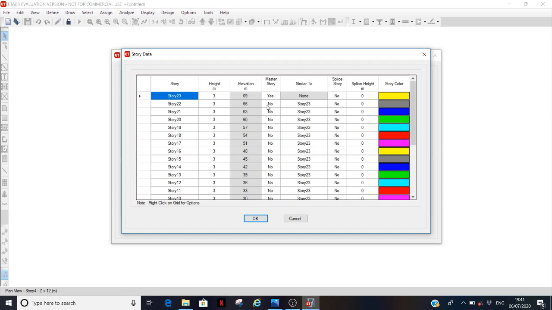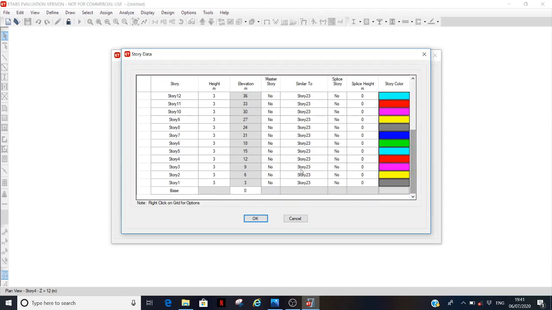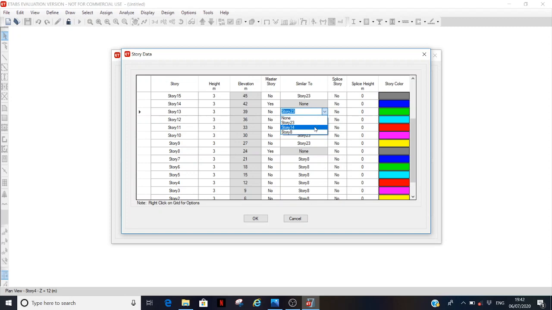Since we have taken the number of stories as 23, all the stories are initially similar to story 23. Since there are similar stories from 1 to 8, among them select any story as a master story. Here I am selecting story number 8 as the master story and making the remaining stories 1 to 7 similar to story 8. Among stories 9 to 14, you can select either as a master story and choose the remaining stories similar to it.